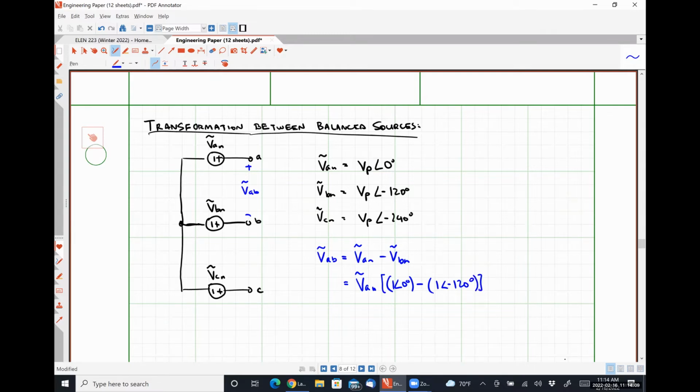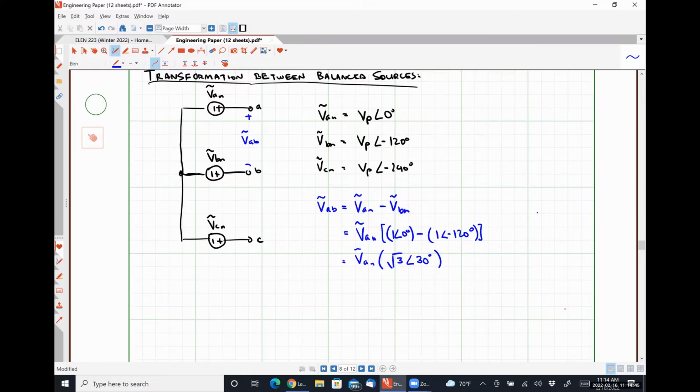Everybody okay with that? Well, this result is just a complex number, which happens to be square root of 3 with a phase angle of positive 30 degrees. So this is letting us transform our phase voltage in this balanced Y-connected load to our line voltages, right? Using this simple relationship,